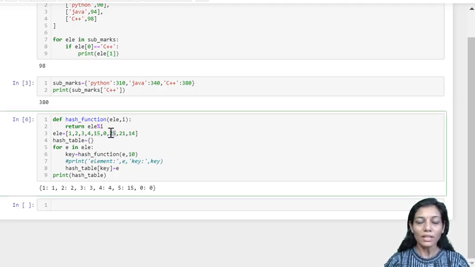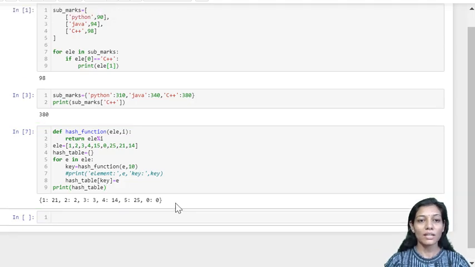So 25 again modulo 10 will return 5, 21 will return you 1, but at the location 1 you are storing element 1, and 14 will also be mapped at the location 4, which is already occupied by the element 4. Okay, so let us understand what will happen if we do not change our code, and if we keep continuing the way we are doing. Okay, it results into this.